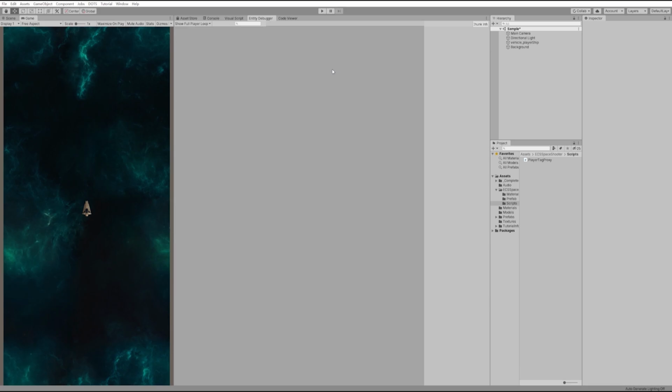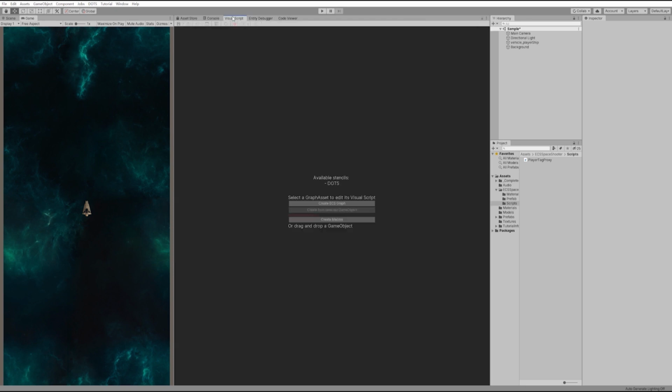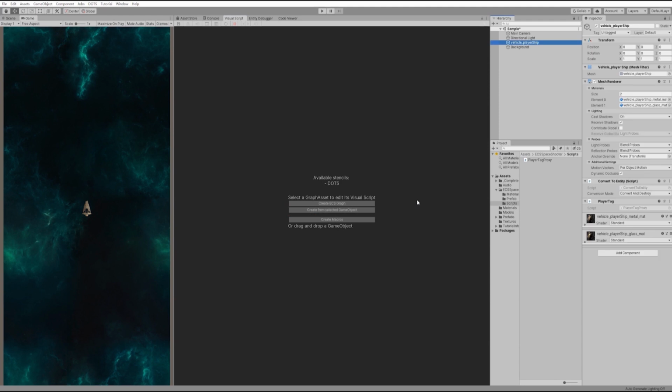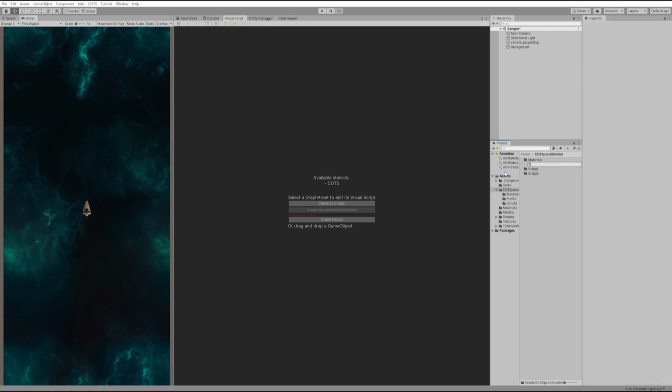In this section, let's learn how to create a component system in the Unity DOTS Visual Scripting 2 environment. Open the Visual Script panel. You will see there are different methods for creating graphs. A graph is a visualization of a component system. Nodes are equal to code blocks. Code is automatically generated. Let's create a folder for all the graphs and code system.